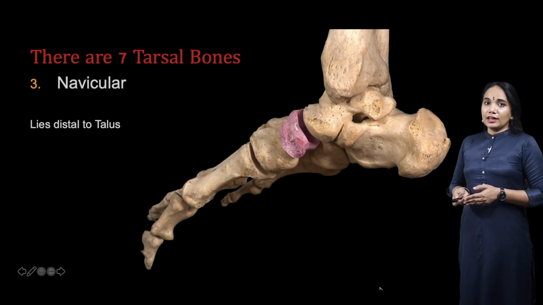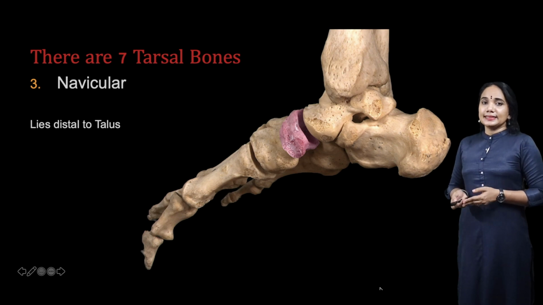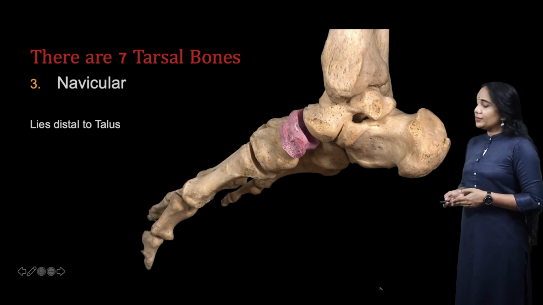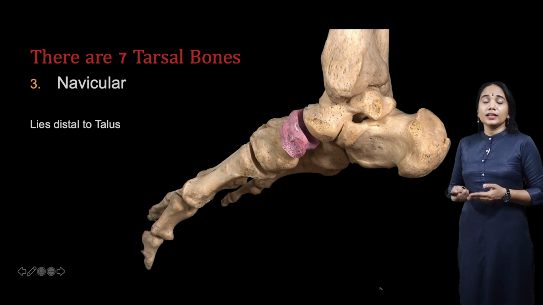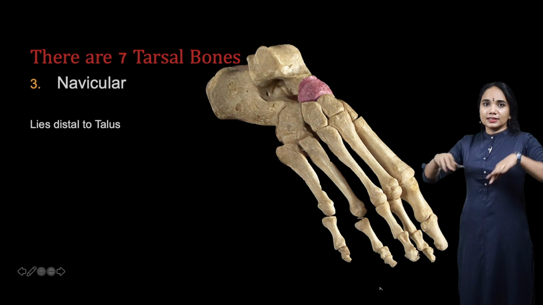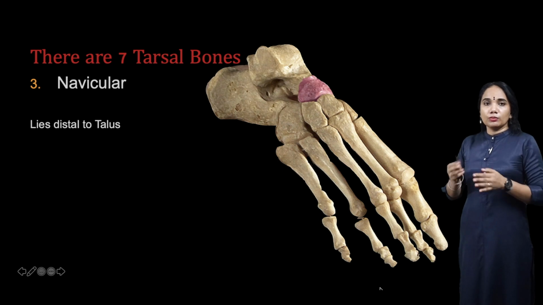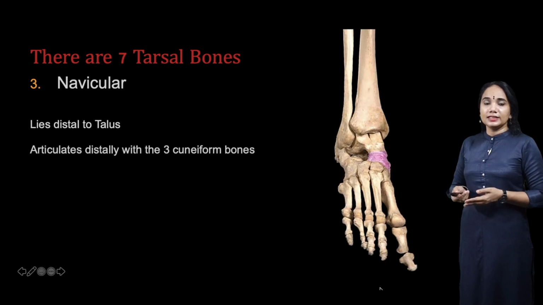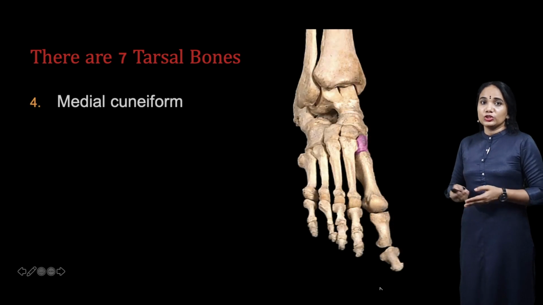Let's look at the navicular, which is the third bone. It lies distal to the talus. It is called the navicular because it looks like a boat. It has a curved appearance. It looks semilunar or boat-like, and it articulates distally with the 3 cuneiform bones, which brings us to the cuneiform